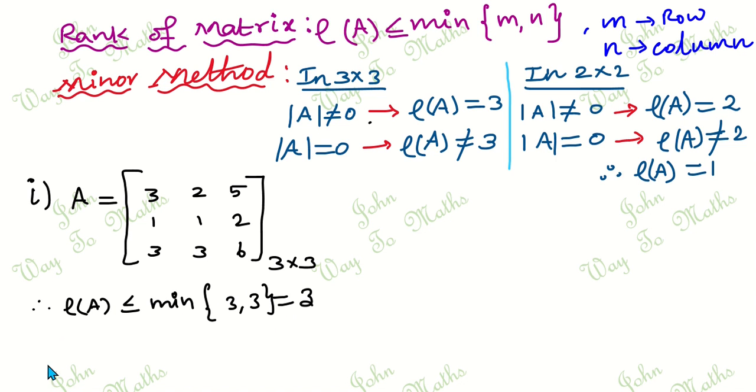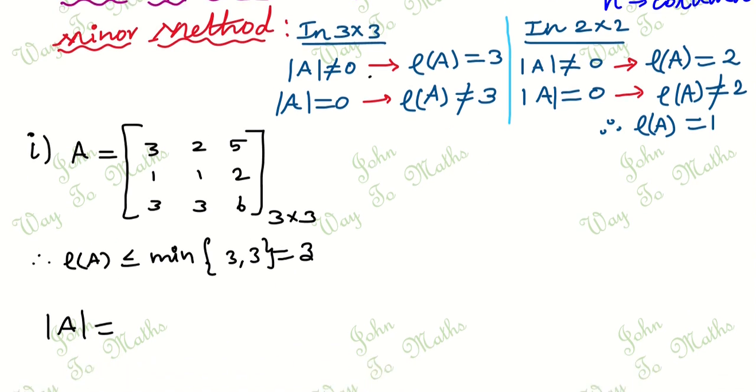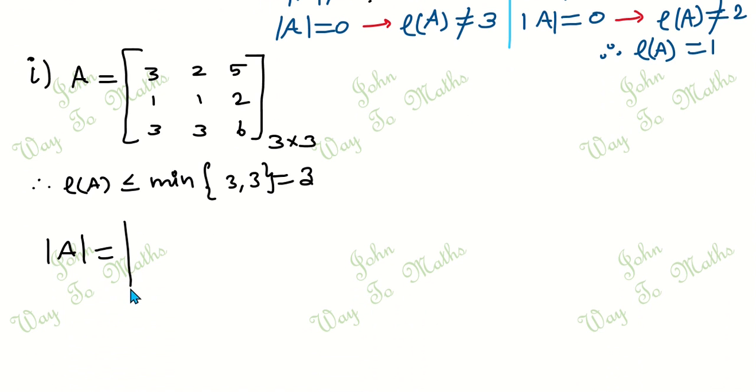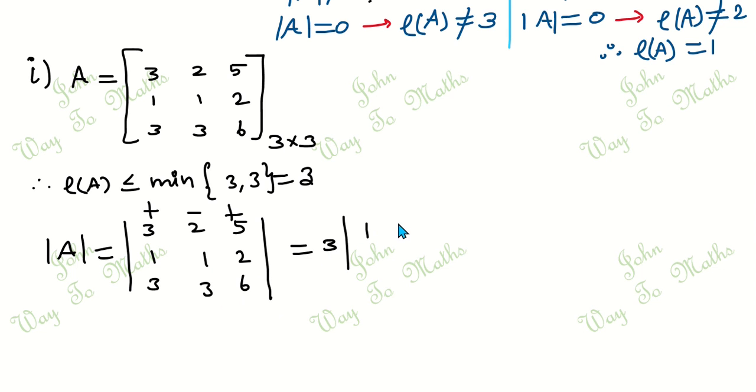Okay, first I am going to find the determinant of matrix A, which is equal to the determinant of 3 2 5, 1 1 2, 3 3 6. First I am going to give the signs plus minus plus here. So 3 times the determinant of 1 2, 3 6, then minus 2 times, with its row and column eliminated, 1 2, 3 6,